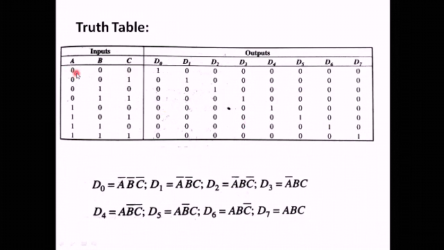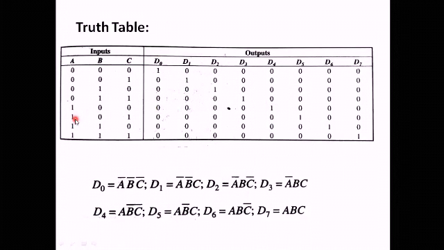Here we are writing 0 to 7, that is 0, 0, 0. Here D0 is selected, so it is 1, 0, 0, 0, 0, 0, 0 and 0. Then 0, 0, 1, that is D1 is selected, others are 0. Like this 0, 1, 0, that is D2 is selected, others are 0. Similarly 0, 1, 1, that is D3 selected, others are 0. Similarly here D4, this is 1, 0, 0, that is 4. So D4 is selected. Others are 0.